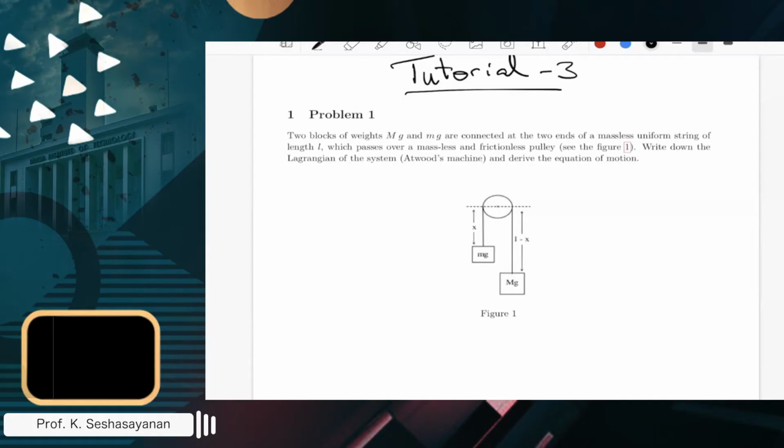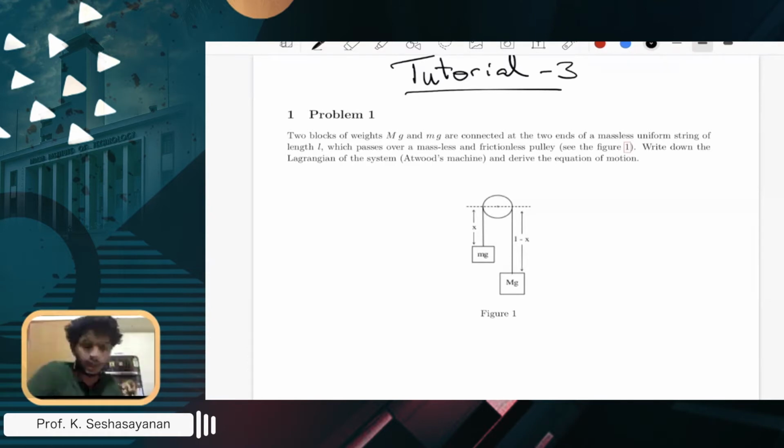Tutorial number 3. In this tutorial, we will be looking at problems related to Lagrangian mechanics. Most of these problems you would have studied when doing Newtonian mechanics, but here we will approach the same problems by constructing the Lagrangian. Usually the Lagrangian is written as L. It's a function which is usually written as T minus V, and using the Euler-Lagrange equation,